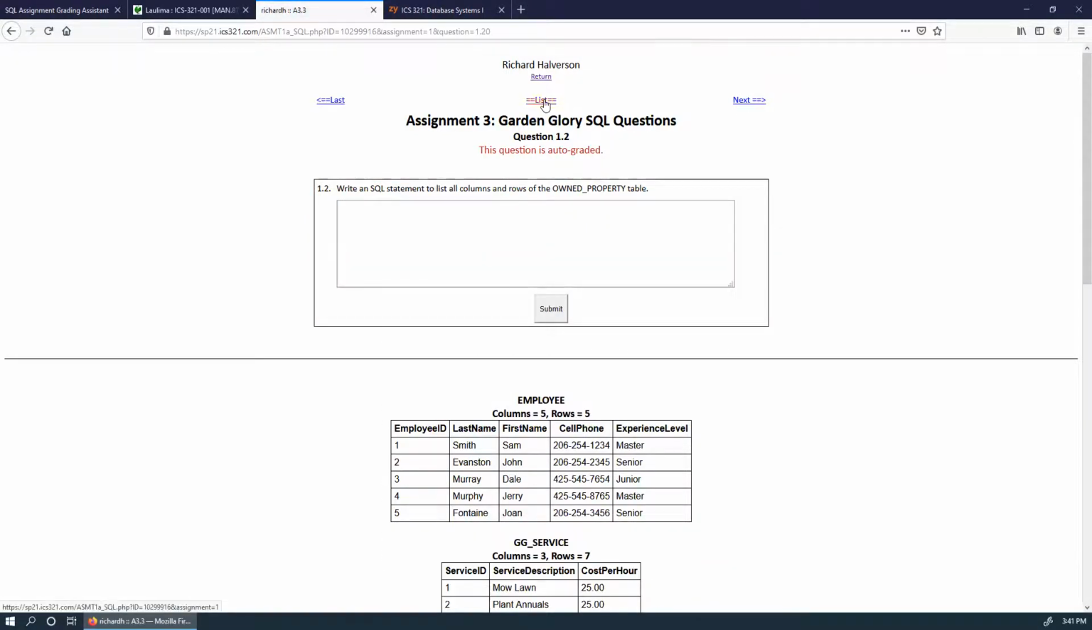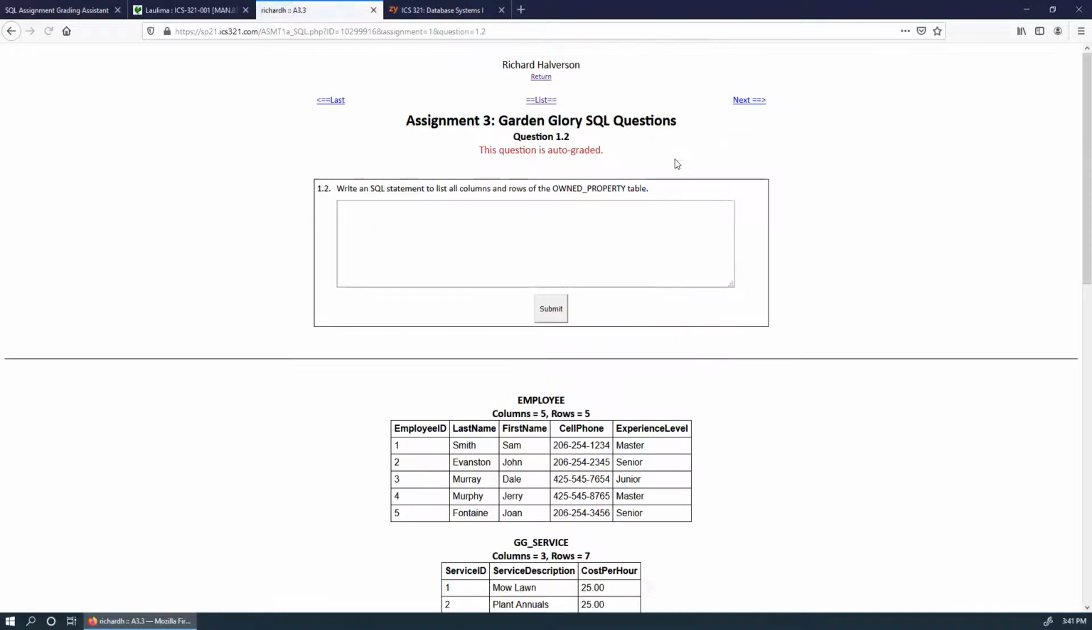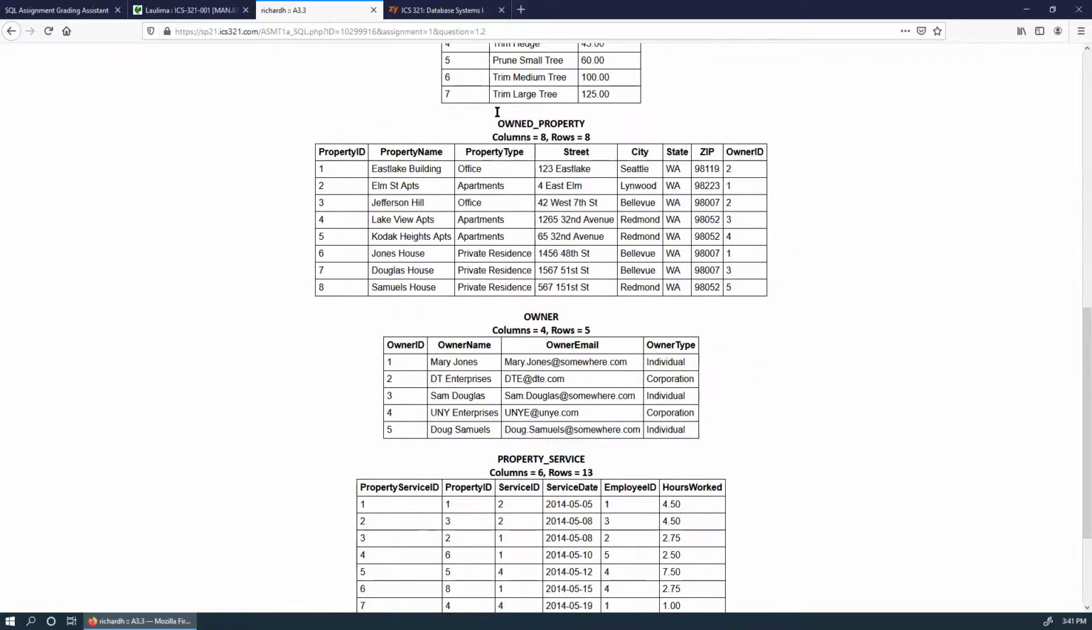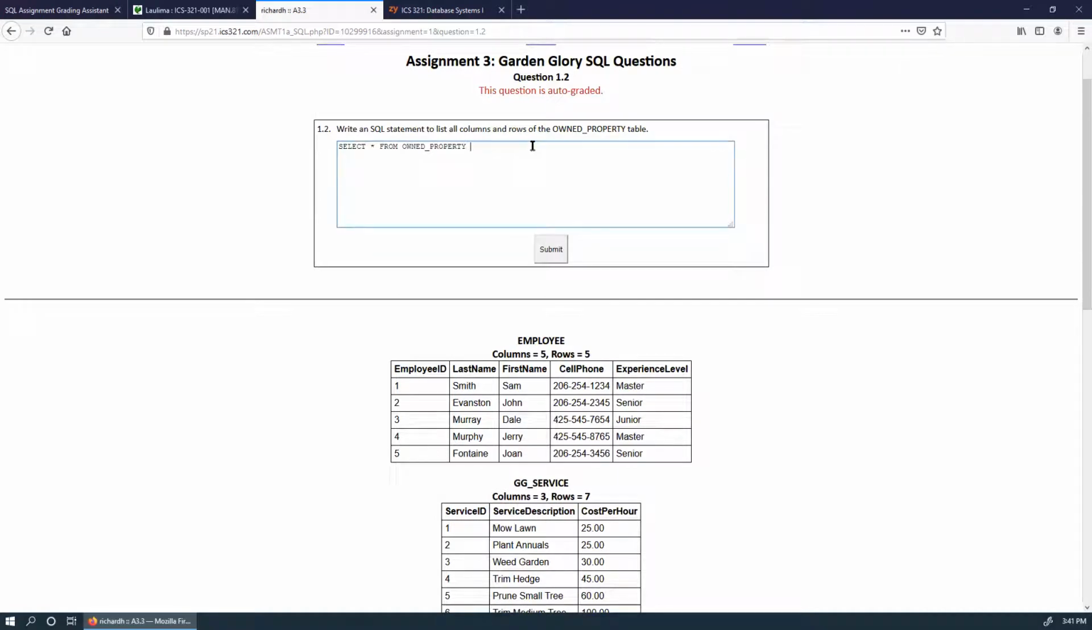Oh, and by the way, if I go to list now, you see it scores it. Okay, so let's go to this one, and actually all these are the same. Select asterisk from owned property. Now here I'll do an example. Okay, so owned property has 1, 2, 3, 4, 5, 6, 7, 8 records. So if I put something like limit 8, then that should work, right? Because